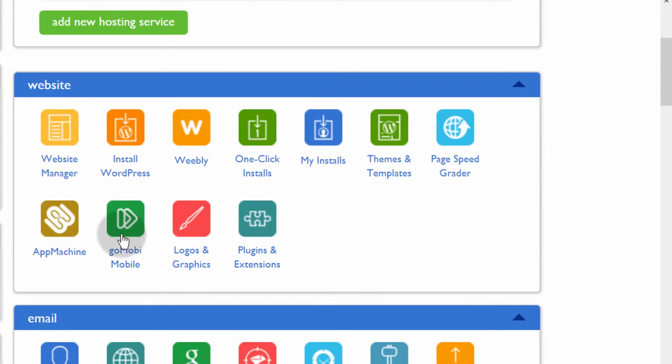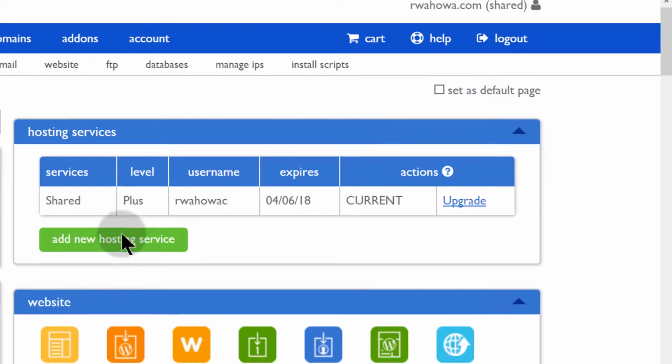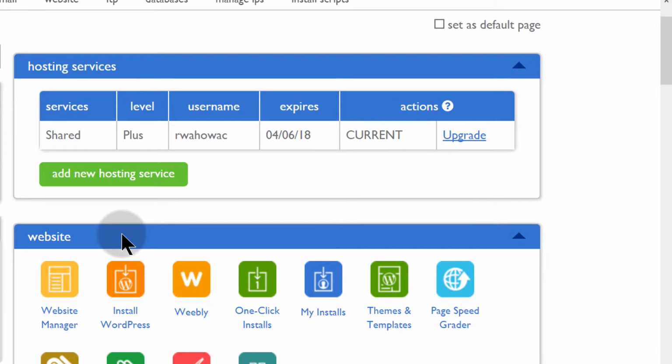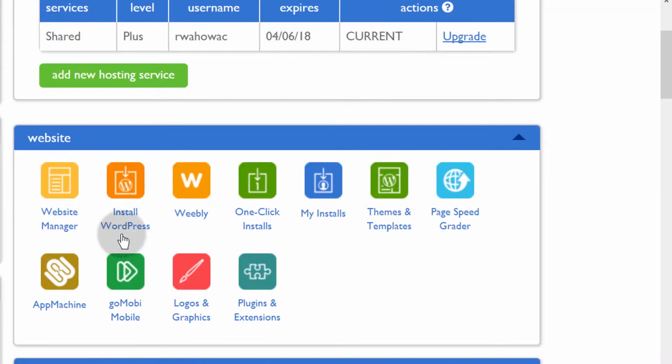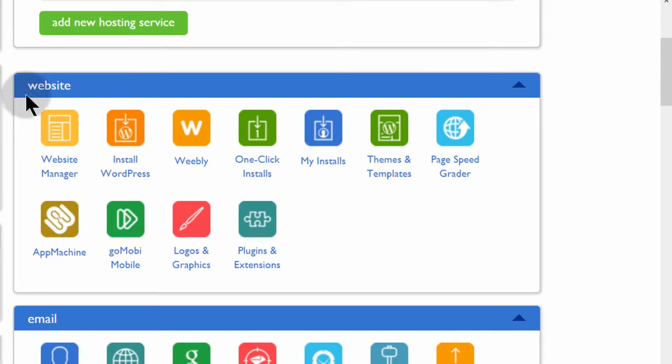So in the last video, we added a domain. If you didn't see that video, go back and see how you can add any domain into your Bluehost account. Even if your domain is being hosted on GoDaddy and you have an account on Bluehost, you can use it to host another website. So I will scroll down here up to where it says websites,